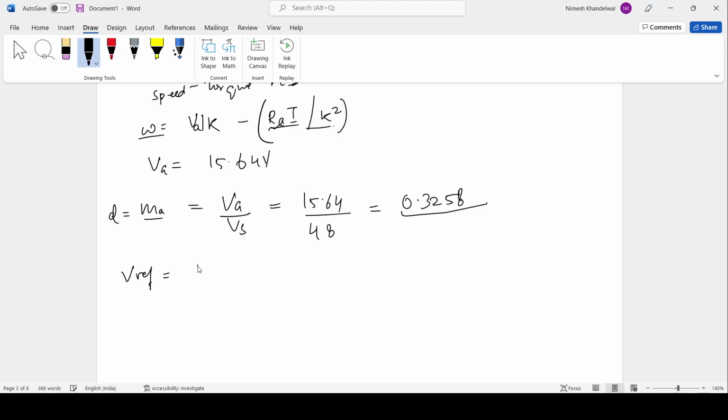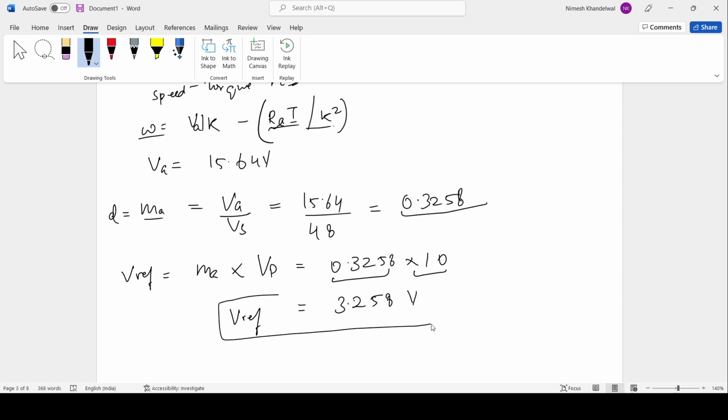So what is your VREF? VREF is your modulation index multiplied by the peak voltage or the amplitude of the PWM signal. Okay, and in this case 0.3258 is our modulation index and 10 volts is our amplitude of the PWM signal. So this comes out to be 3.258 volts. Okay, this is the reference voltage that I would set